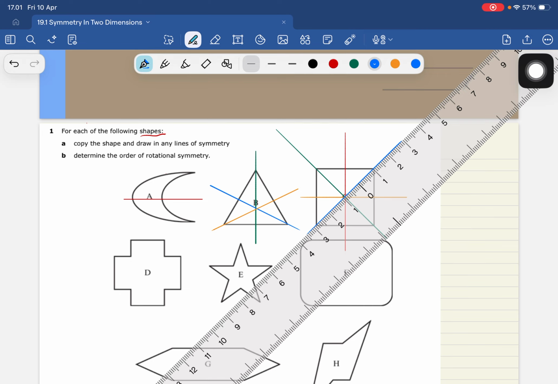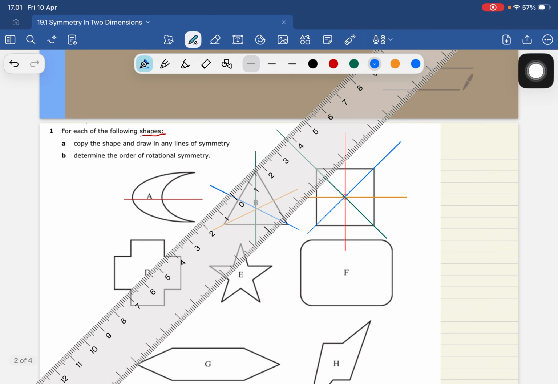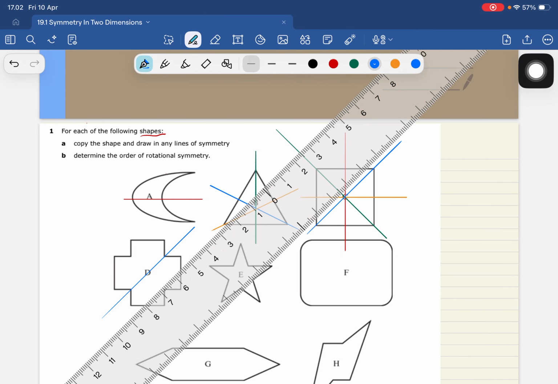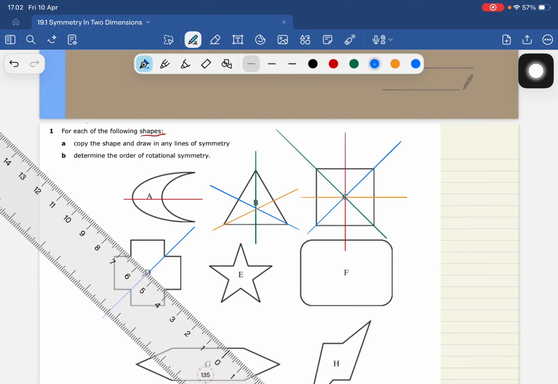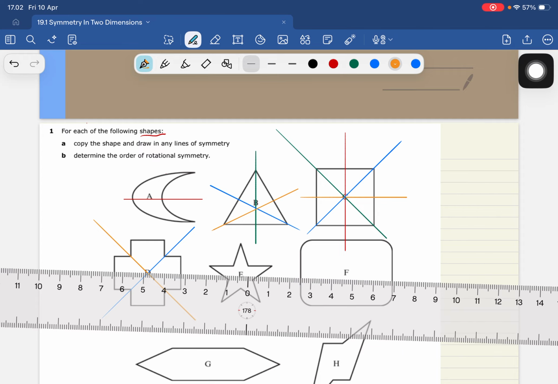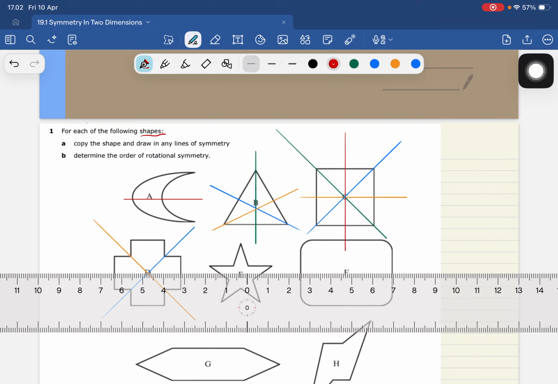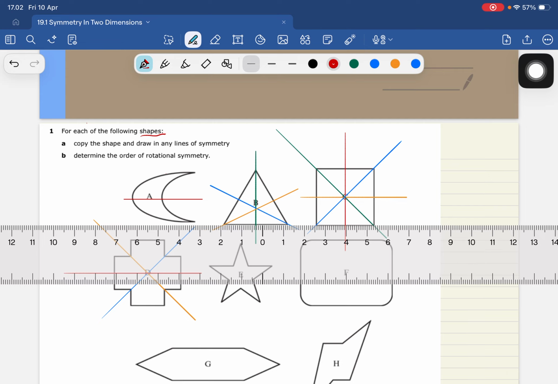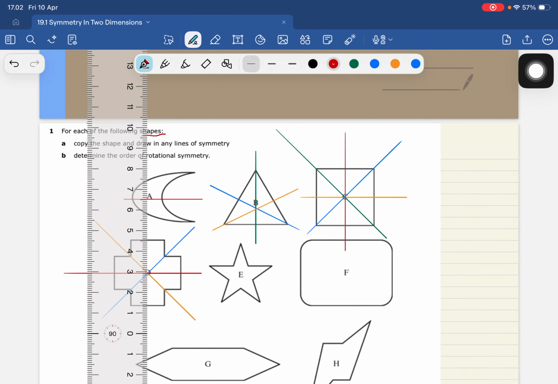Next for D. It has the diagonal. We can see from here, we cut it, so they are symmetric. When we cut it, we get 2 equal sides. Here also, when we cut it, we get 2 equal lengths. And then from here also we can cut it up and down. Another line of symmetry. There it is.